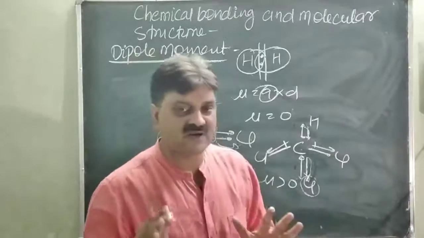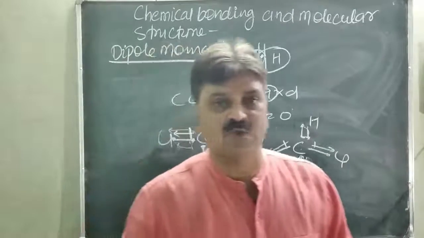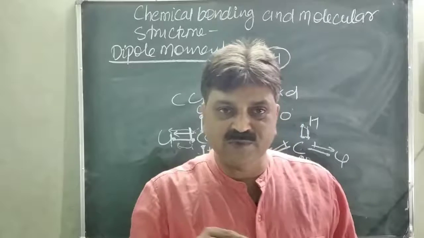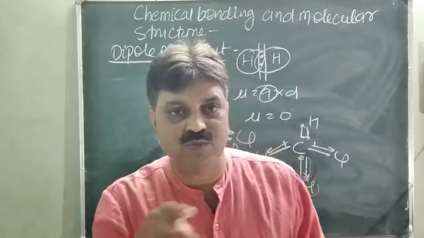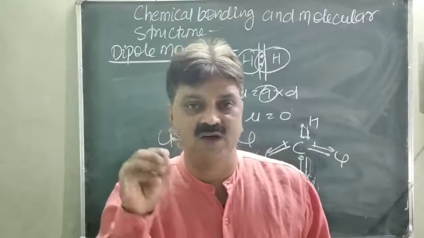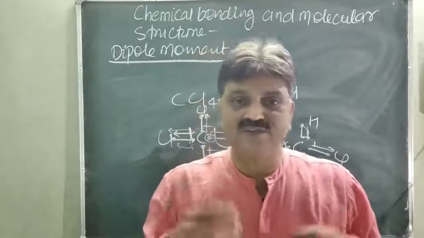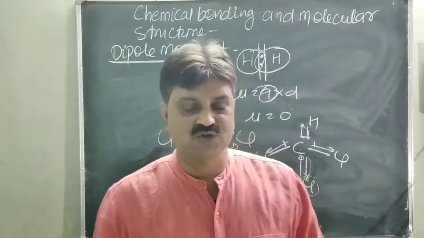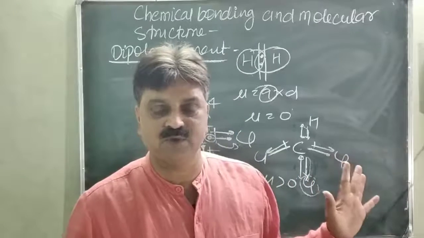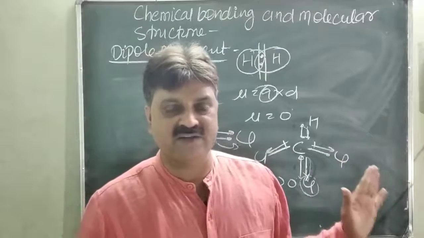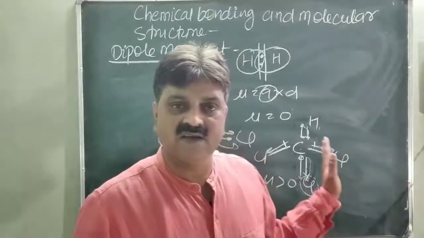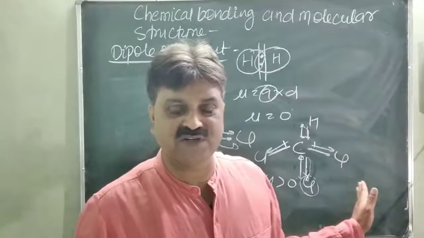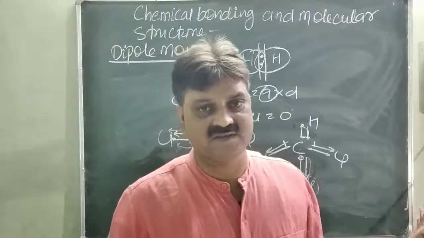So in a very simple way you can identify the dipole moment. The compound having more polarization of covalently bonded electron will have more dipole moment. Where there is more charge, there is more dipole moment. Is it clear? So this is the simple concept of the dipole moment. It is expressed in Debye, and in SI unit it is expressed in terms of Coulomb meters. Is it clear?